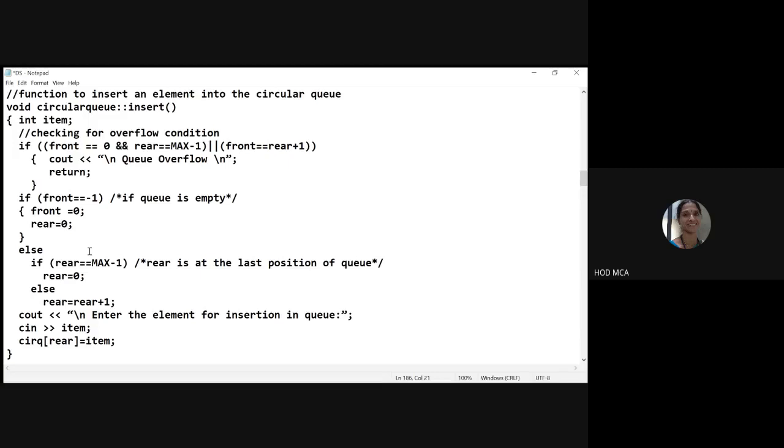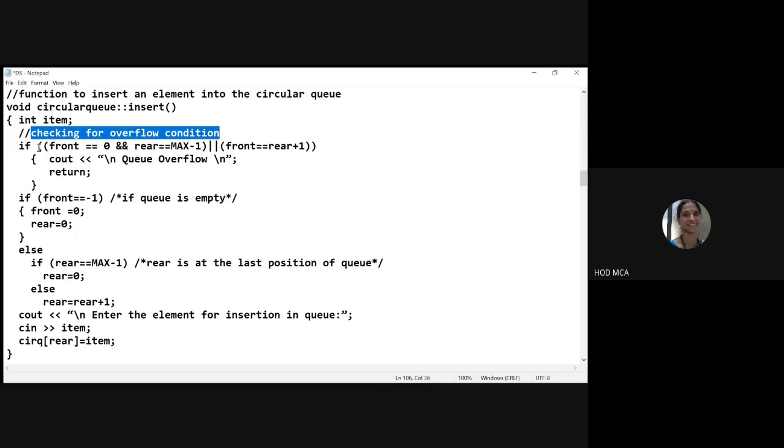Let us see what we try to do in case of insertion into a circular queue. Now, whenever you try to insert, you should always check for overflow condition. So if I have overflow, what does it mean? Queue is already full. All the elements are occupied and I cannot insert anymore. Correct?